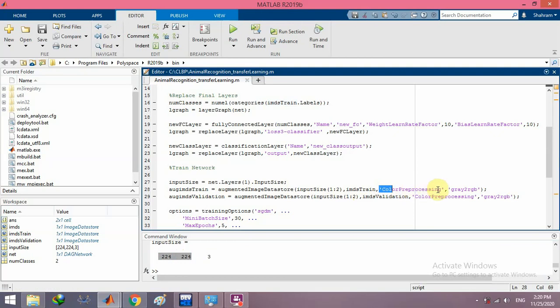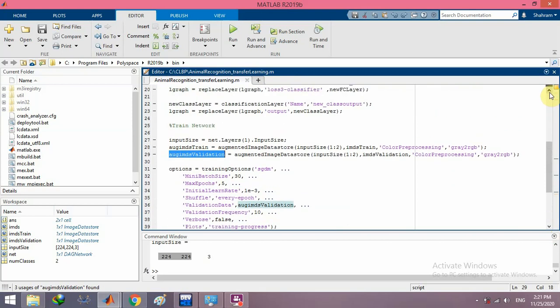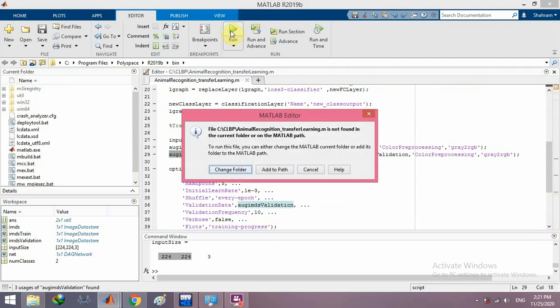Also, my images are grayscale. I ask it to consider them as RGB with this parameter. So this is the way that we can convert images with different sizes and make them compatible to feed to the existing CNN. I should do the same thing for the test set or validation set, and there isn't anything else. Finally, I compute the confusion matrix. I will explain it in another video, but now I can train it